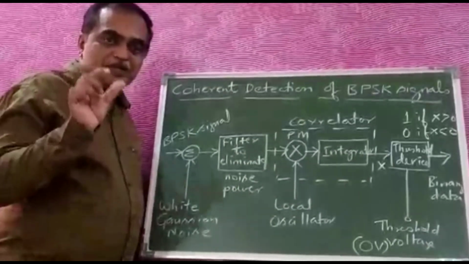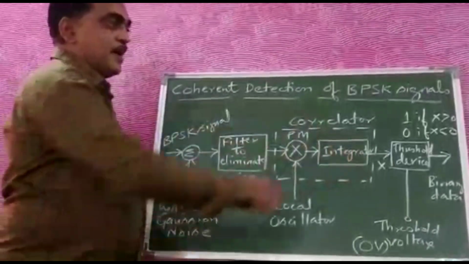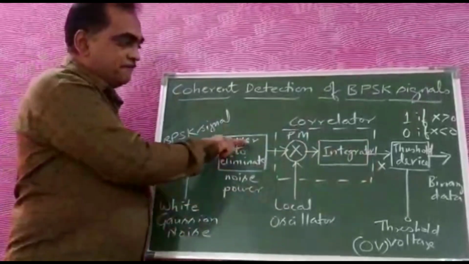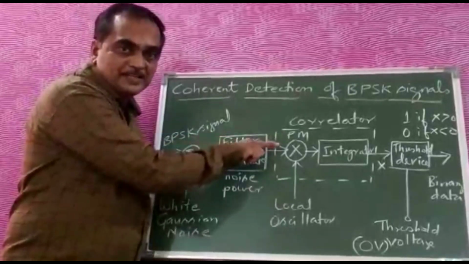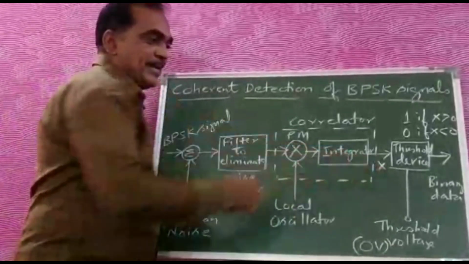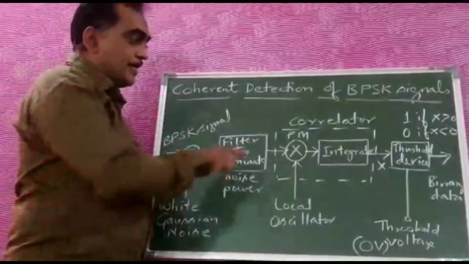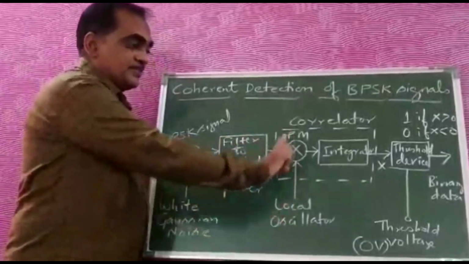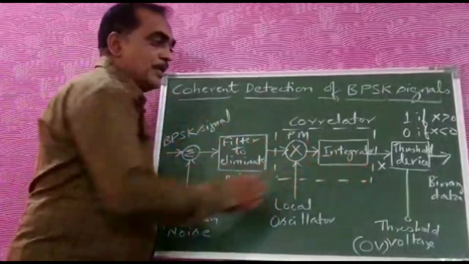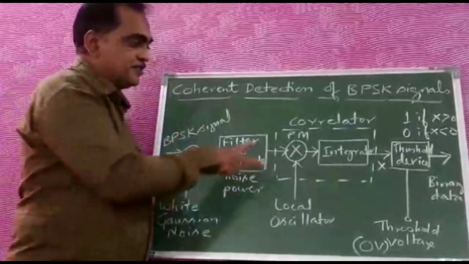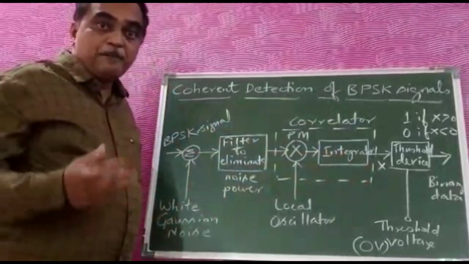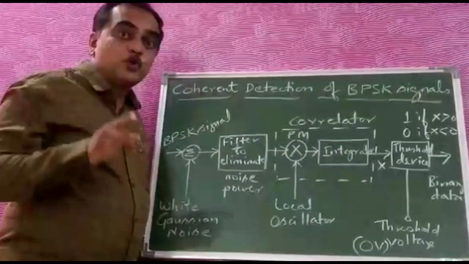Now this carrier and this signal will get multiplied and integrated for one sampling period. For one sample time, one period, it will get integrated, and the output here will be known as X. One thing you have to remember is, if the BPSK signal which is coming matches with the local oscillator in terms of phase, then the output X will be positive. Or if this signal is not matching with this in terms of phase, then the output will be negative. That means the output will depend on the cosine of the phase difference of these two signals.